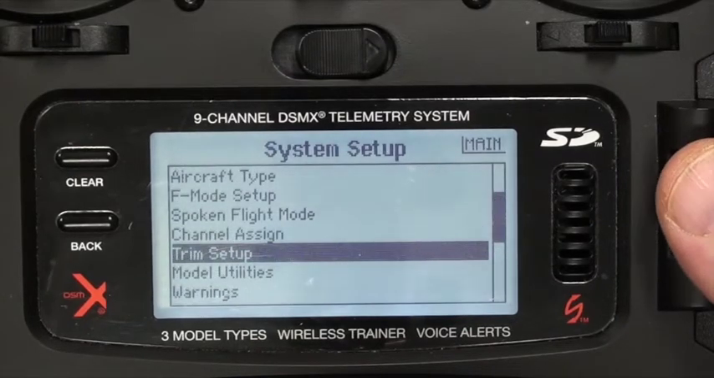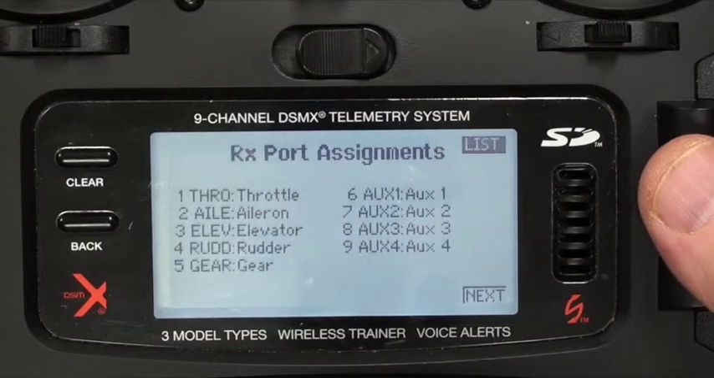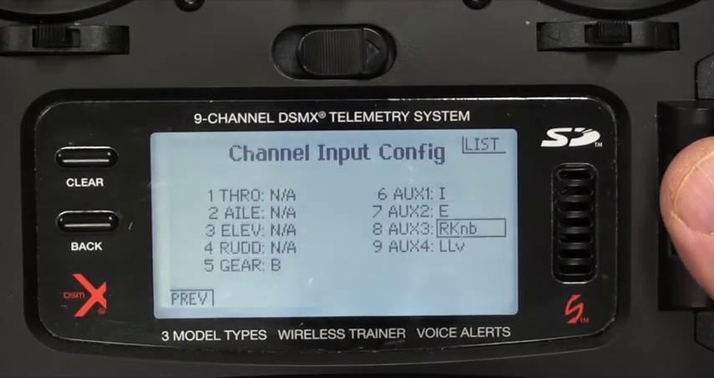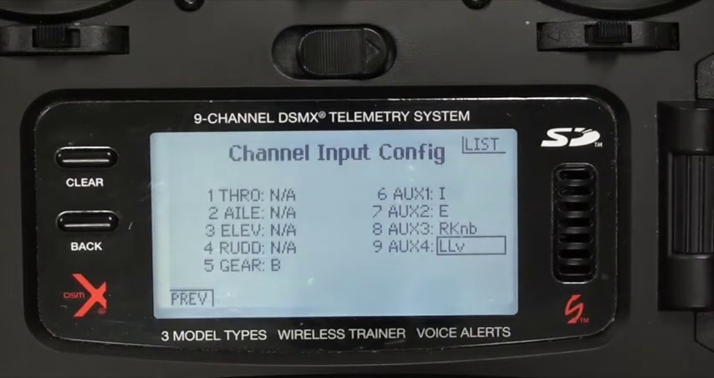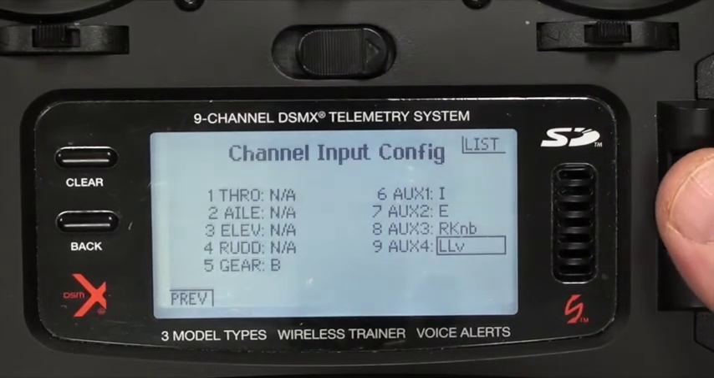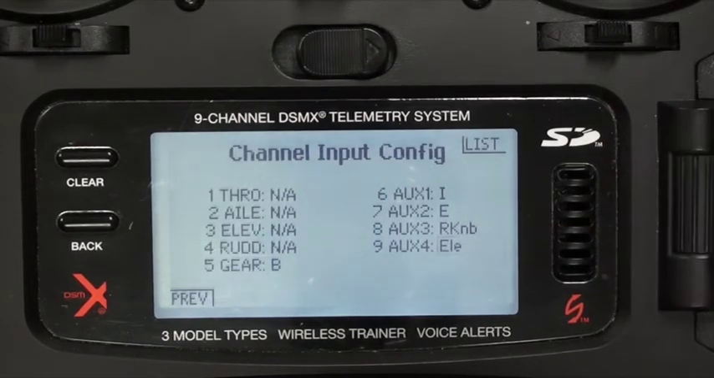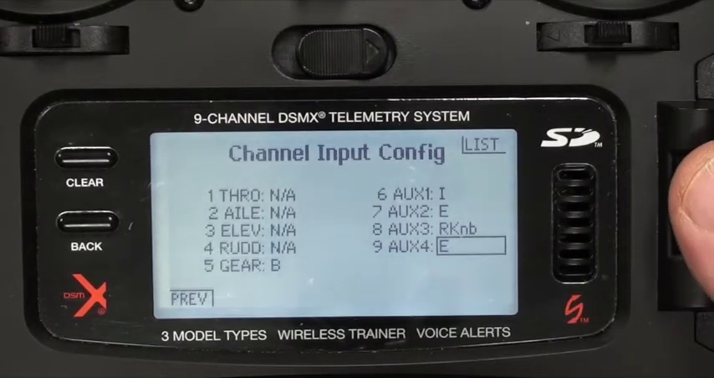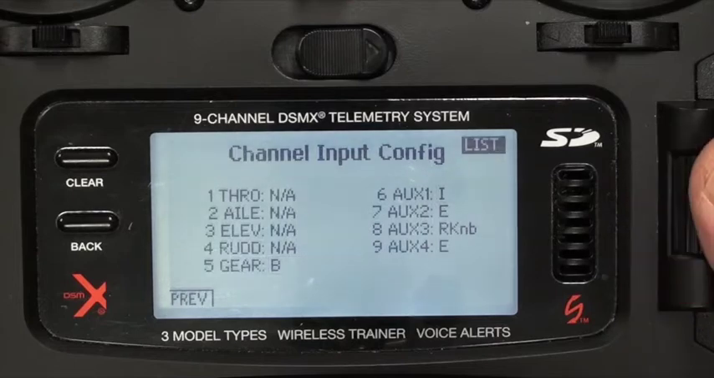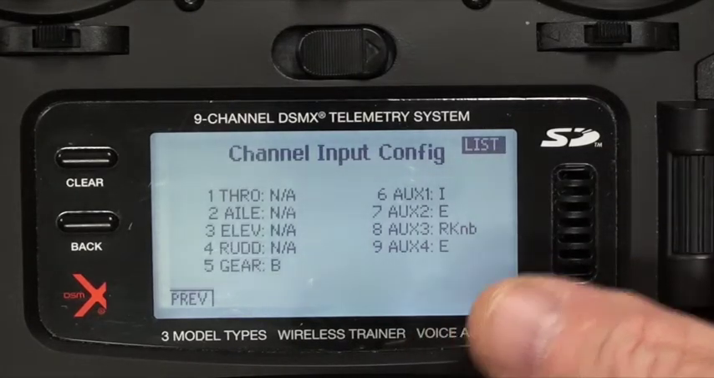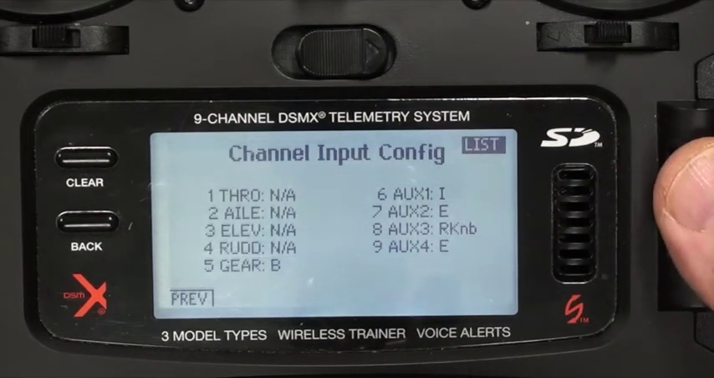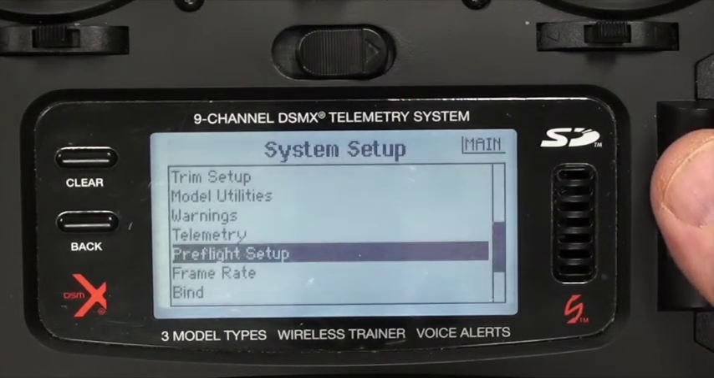come down here to next, and instead of aux 4 being the lower left variable knob, LLV, I want that to be on switch E. I'll just flip the switch E and it picks it up, and that's the channel I want for that. So now aux 4 is assigned to switch E. Okay, come back out of that,